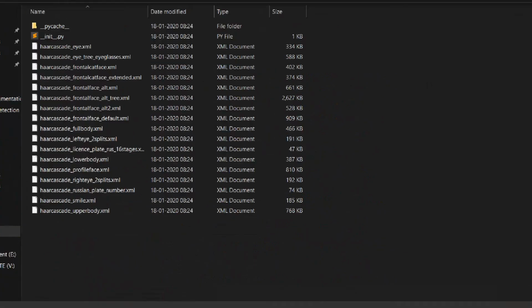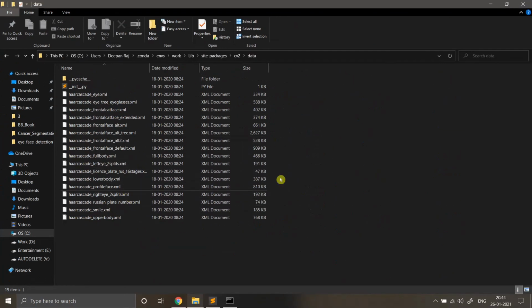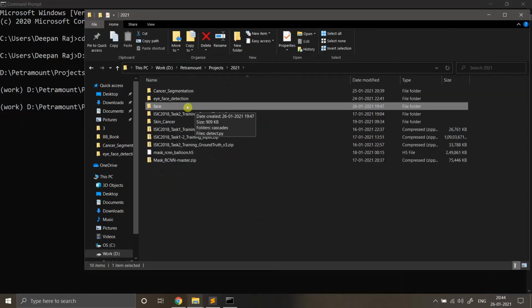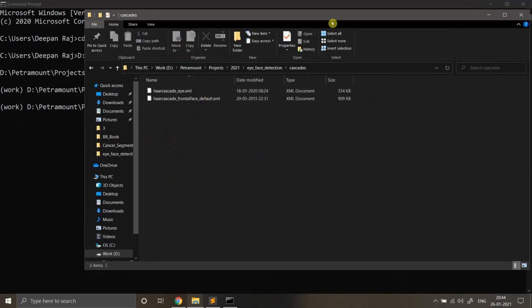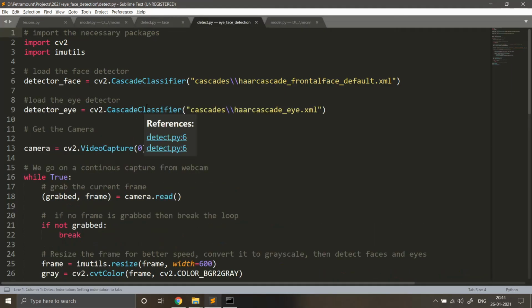Here you can see there are multiple Haar cascade classifiers present. You can see haarcascade eye, eyeglasses, frontal face. There are multiple default cascades actually present here in the OpenCV library itself. So you can use those XMLs to detect these kinds of objects. I have taken the liberty of taking this eye XML model file also, so I'm going to do two detections right now.